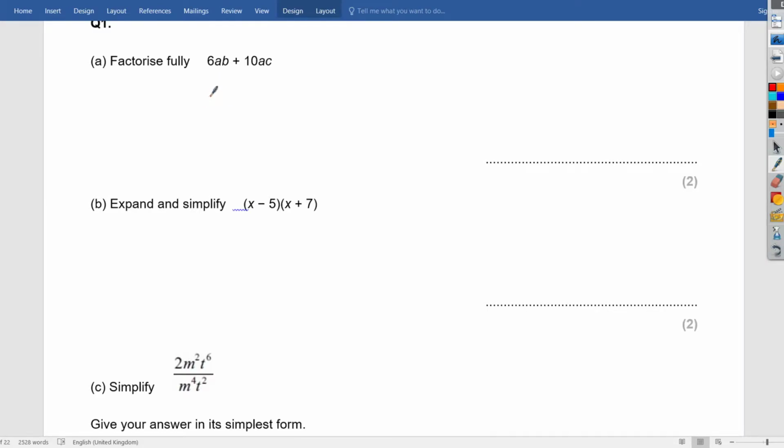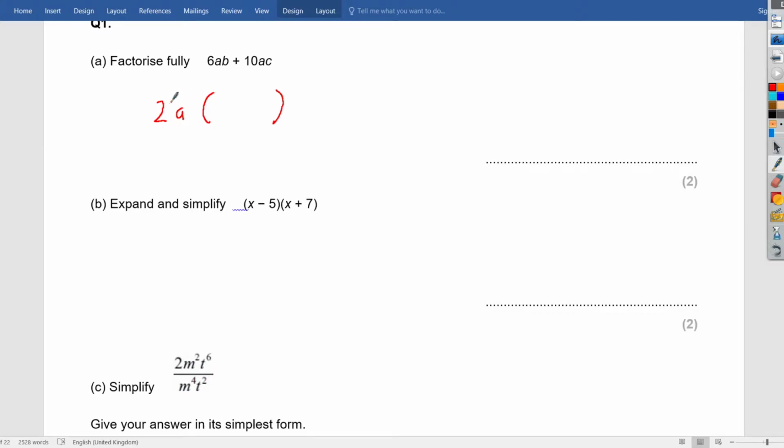So first of all, I'm going to introduce some brackets here. Then I'm going to look at what is the highest number, the biggest number that both 6 and 10 divide into, which is 2. So put the 2 out. And then I'm going to look also, is there any letter that's common in both of them? It's A, so I'm going to bring the A out. Then I'm going to say, okay,